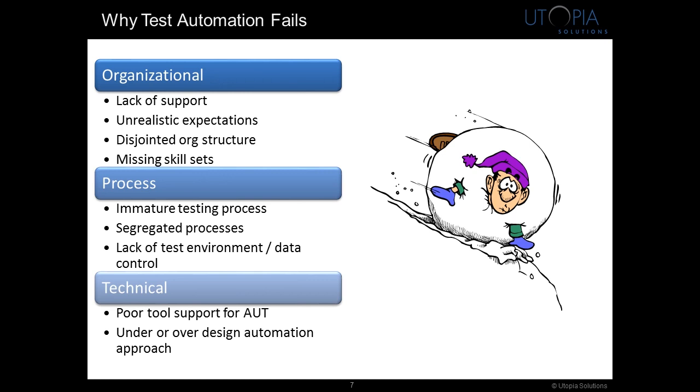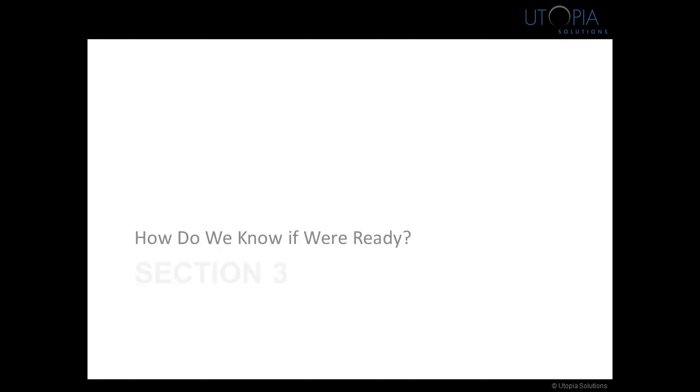So how do we know if we're ready so we don't end up looking a lot like this person here? I used to have a different image here that I found out I didn't have permission to use. It was of a surprised-looking baby that had just been thrown into a swimming pool. I often use the analogy that automation is a lot like swimming. You have to have a certain state of readiness, or the consequences are not going to be good. So the next portion of the webinar is going to talk about how we go about understanding